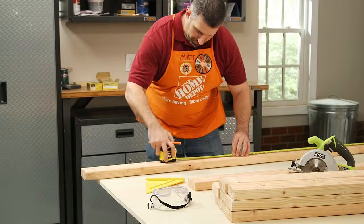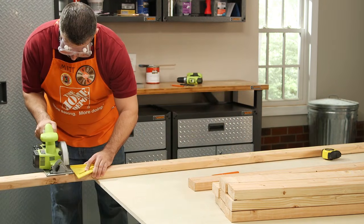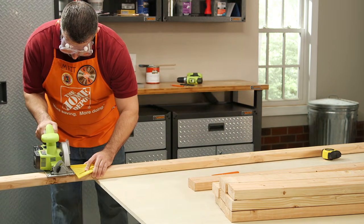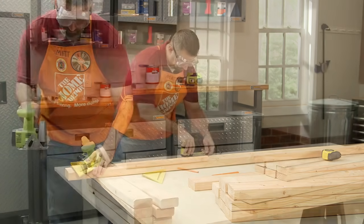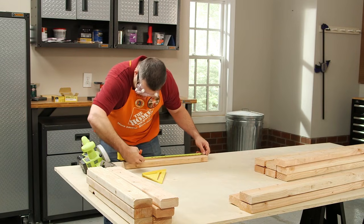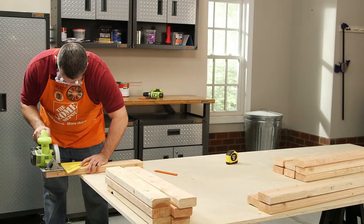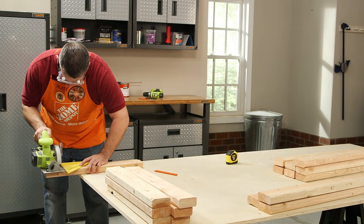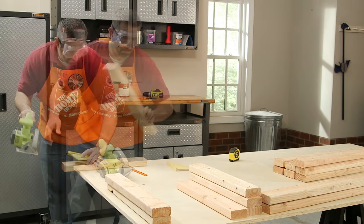First, take 7 of the 2x4s and measure and cut them at 72 inches. These will be used as the seat boards. Using the remaining 24-inch pieces, cut 5 of those pieces to be 21 inches long. These 5 21-inch pieces will be used as cross pieces, while the other 2 24-inch pieces will be used as